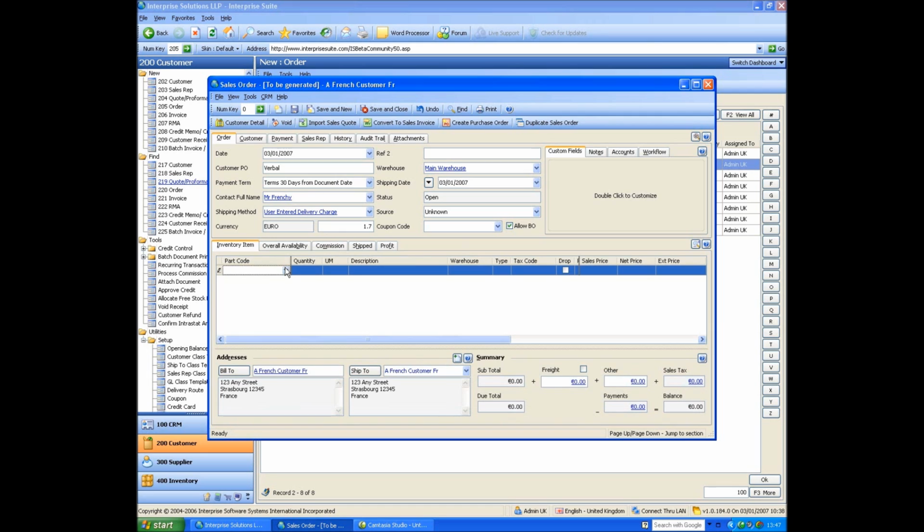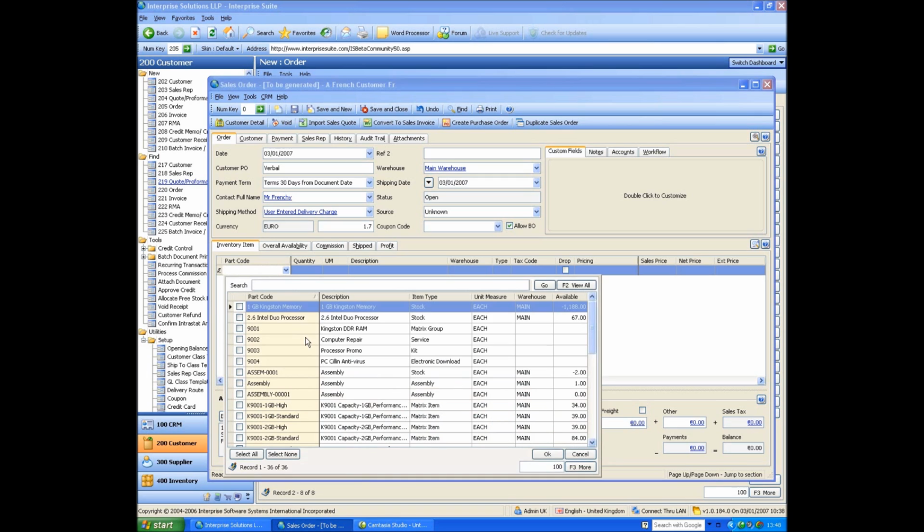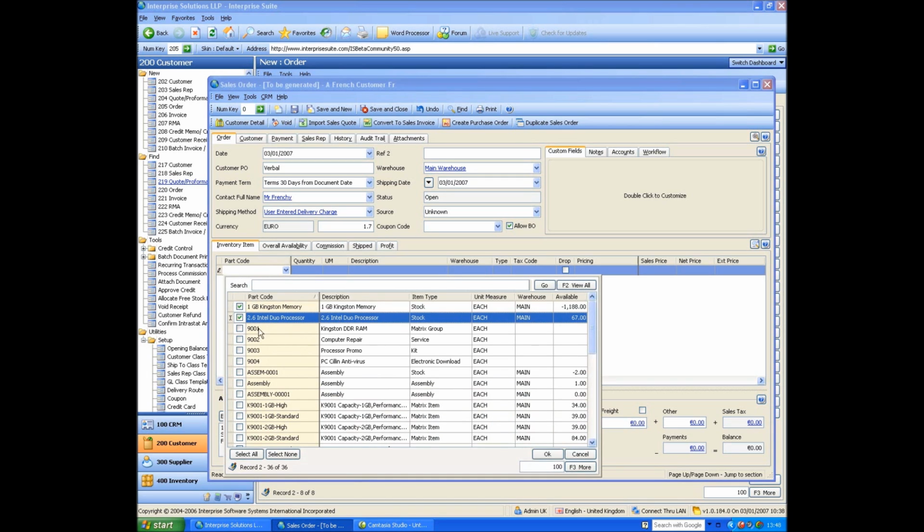So lots of different types of item we have in Enterprise. I'll run through a couple of the scenarios, but essentially if I just click that, it'll give me everything. So if I click on Kingston memory, and this Intel processor,